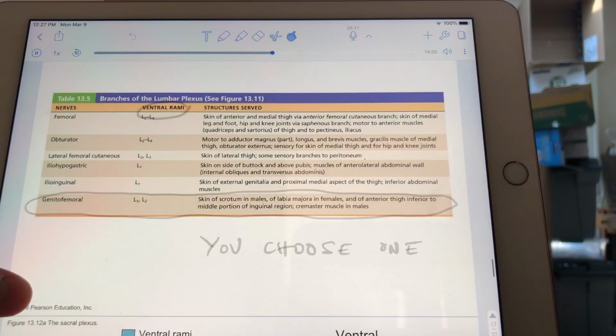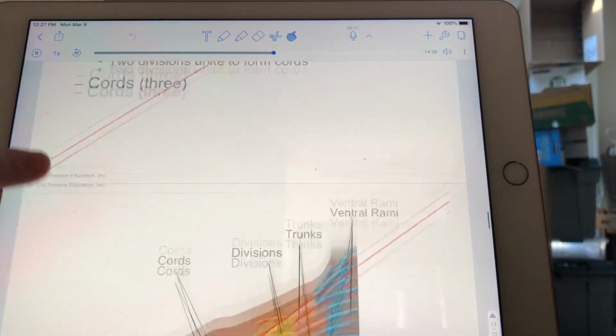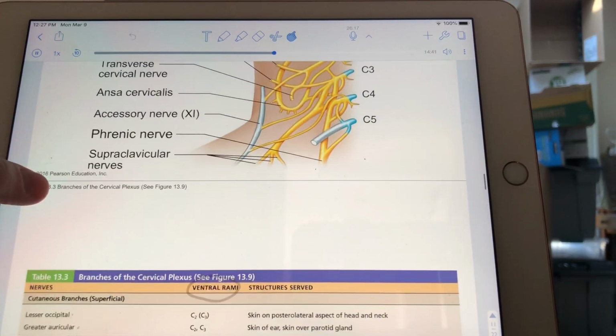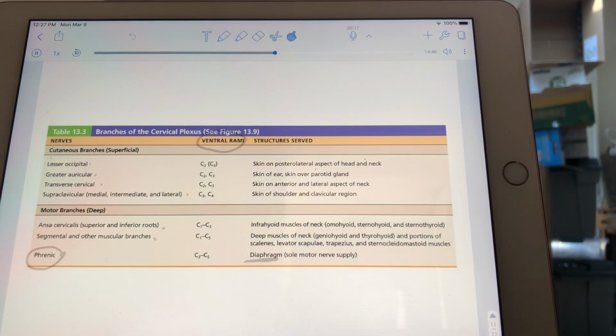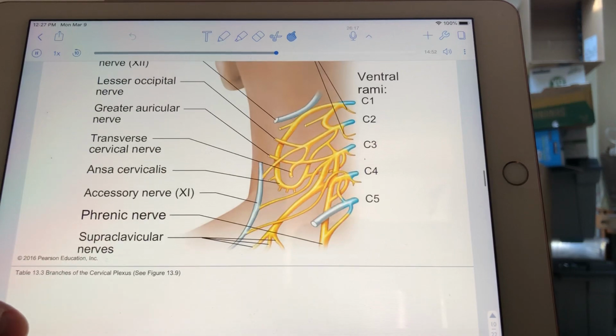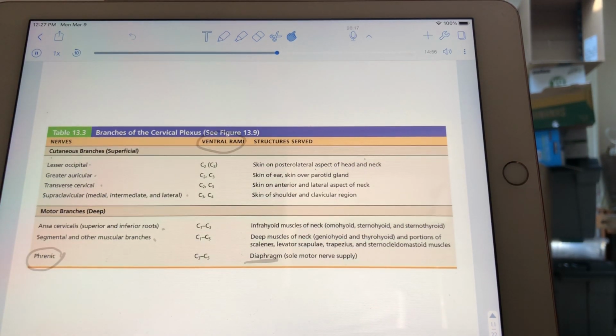We have a lumbar plexus, we have a sacral plexus, and you might ask, why don't we have a thoracic plexus? Chances are you could probably think about it and actually answer that question yourselves. That's right, the ribs are in the way. Okay, so if this is the cervical plexus on slide 10, then slide 11 is tabulating the different specific nerves